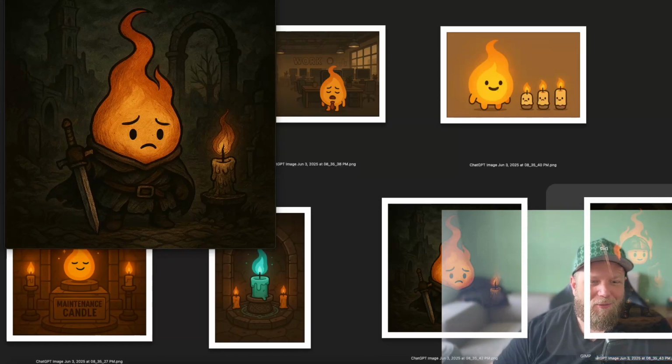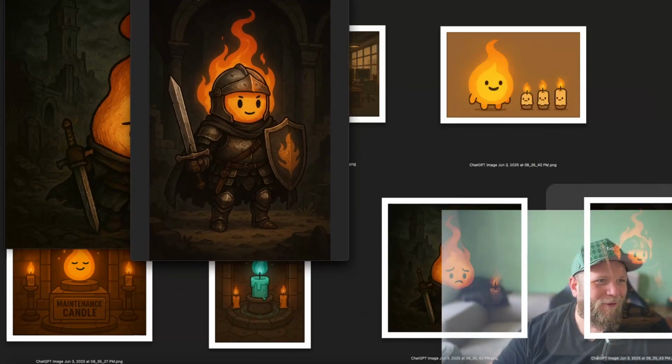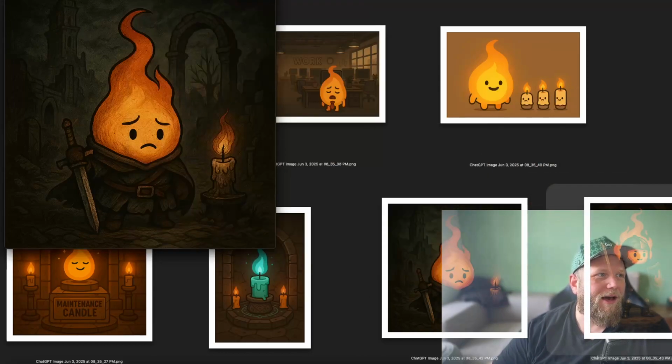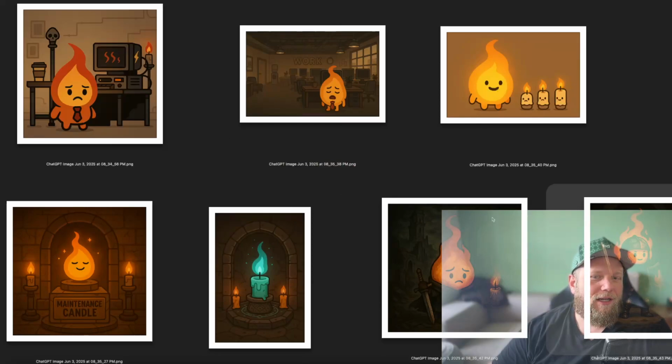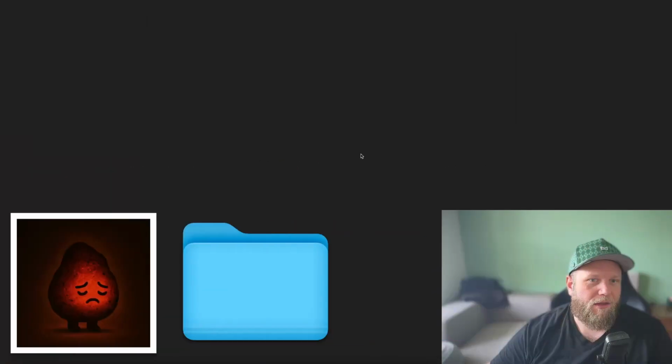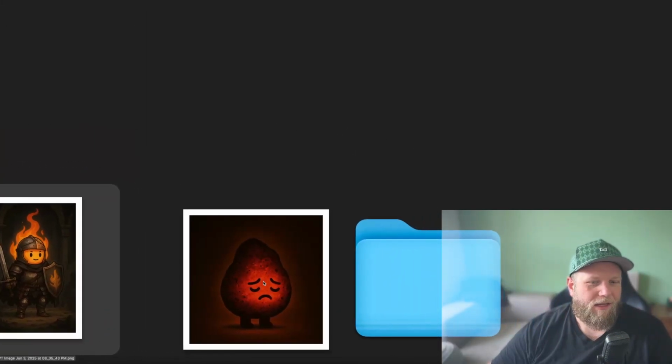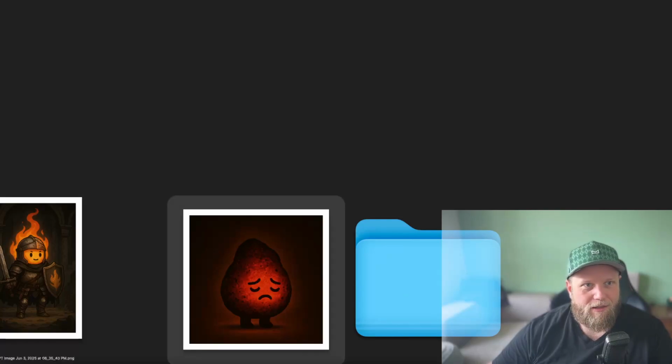So I wanted to imagine this little dude in different scenarios. The ideas kept coming with this character, which was a really great indication that I have something here. And another version of the character could be something called Ember, where it's like, oh man, he's been